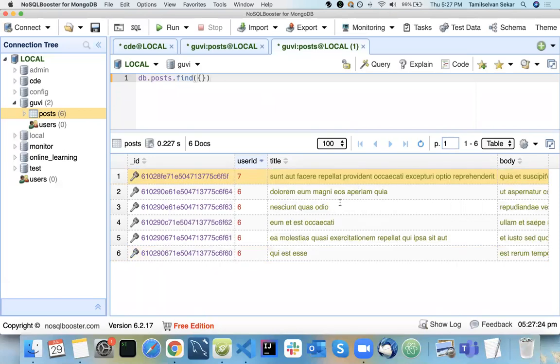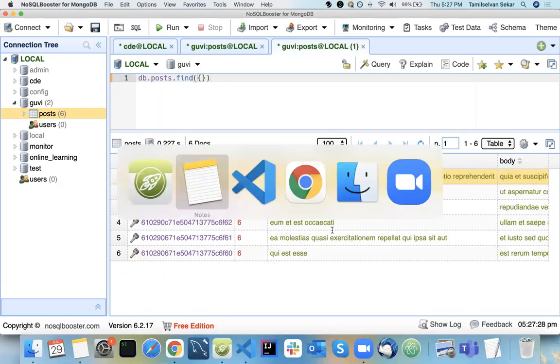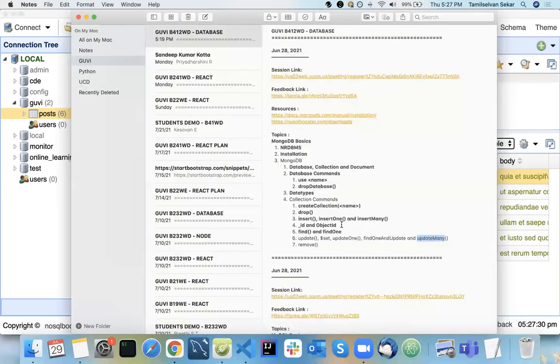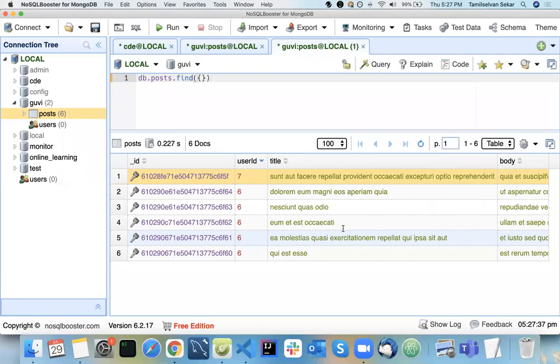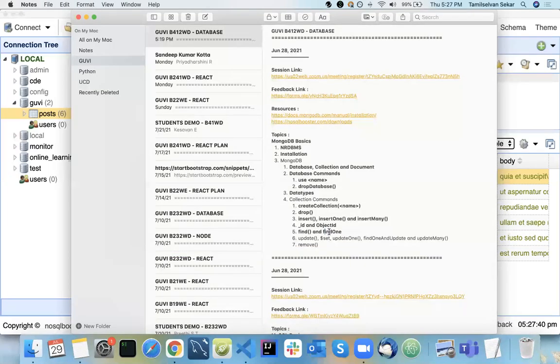So we fetched with find on, right? What happens with find on is it is fetching your first record. So it is not the last added record, it is the first added record. So find on is going to retrieve your first record. Same way, update on will update your first record, not the last updated record.